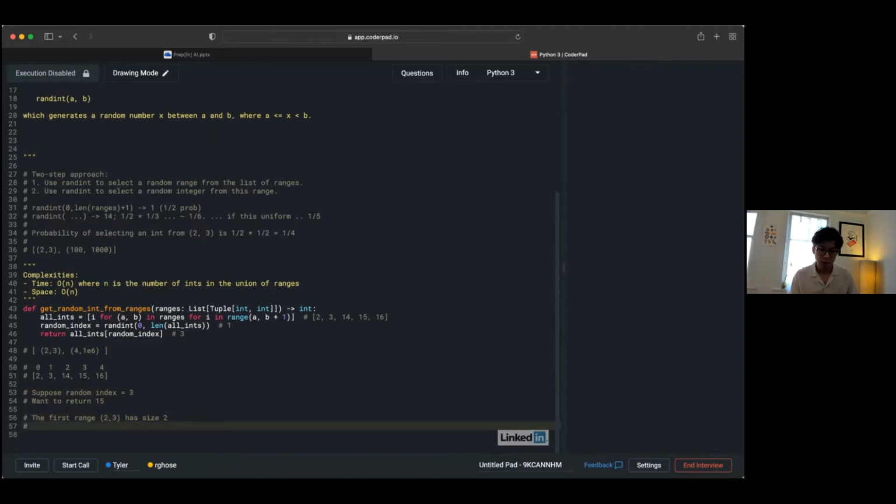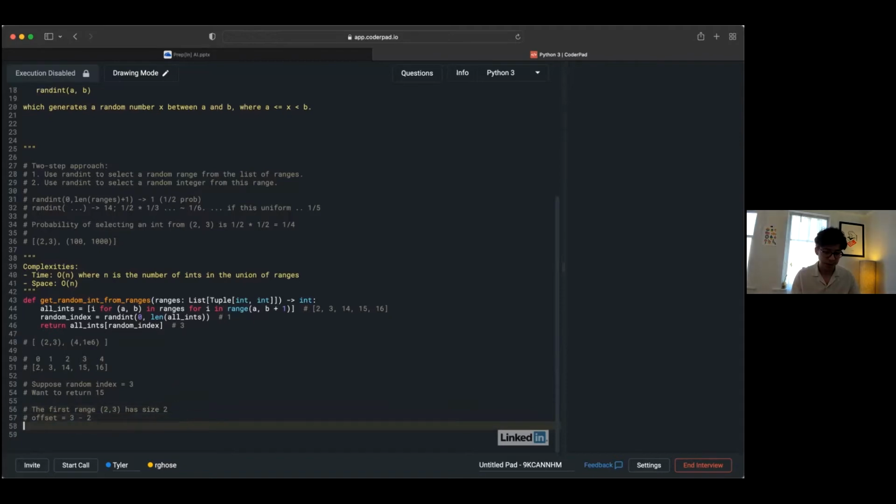And so using the fact that the first range has size 2 and that my random index is 3, I can generate an offset into the next range. So I can say the offset into my next range should be the random index minus the number of integers that I've already seen in all of the ranges up until this point. In this case, just 2, because I've only seen one range of size 2.